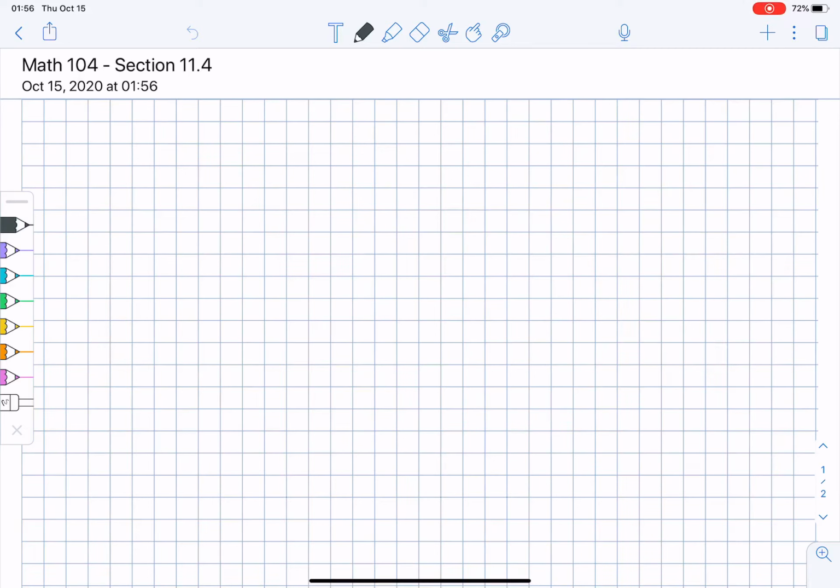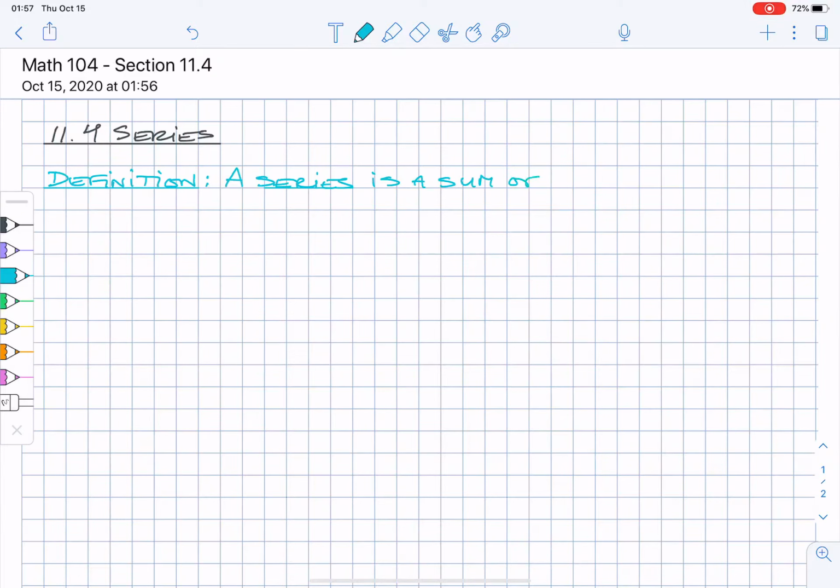Okay, so welcome to section 11.4, which is on series. Okay, so definition. What is a series? So a series is a sum of what? Of a sequence. A sequence